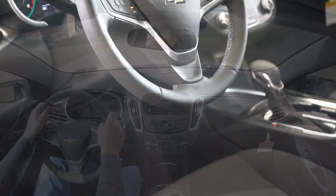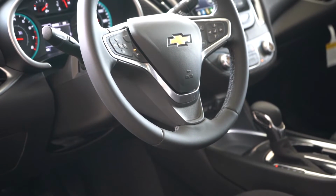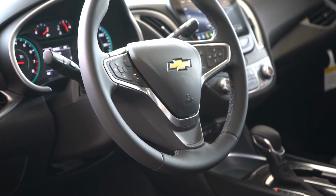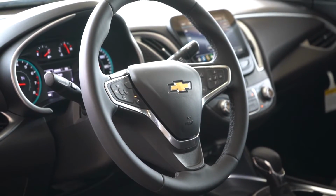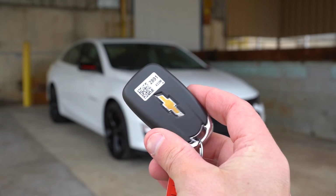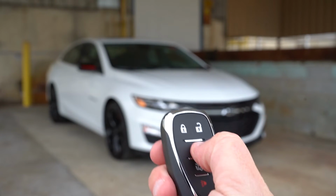But anyways, then taking a look at the steering wheel, it is tilt and telescoping. It is leather wrapped for the RS and 2LT trim levels, and then you will actually get a heated steering wheel only if you go with the 2LT, but I do like the leather wrapped steering wheel. It's definitely very nice. Then making our way to the startup, let me start by showing you guys the key here. You got your Chevy logo on the one side. When you flip it over, lock, unlock, that button to pop through your trunk again, and the circular button,